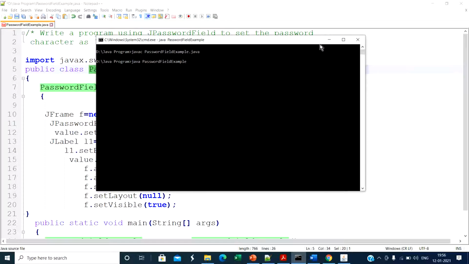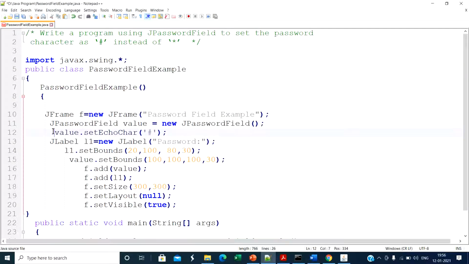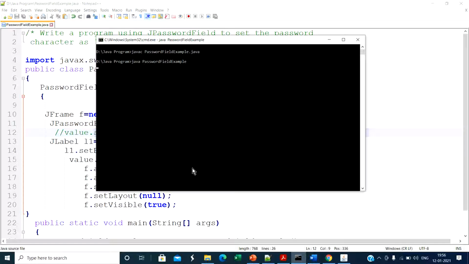If you do not set any specific character, it displays star. Simple. I remove this code, save the program again, and try to execute it again. The first command is javac filename.